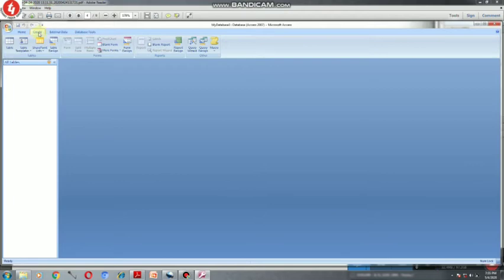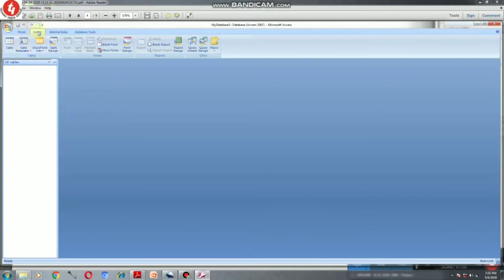From the Create tab you can see the Table group, the Form group, and the Report group. From here you can create tables, forms, and reports, and you can create queries by clicking on Query Wizard or Query Design. This group is basically for queries. Now the first point is to know how to create a table using table templates.